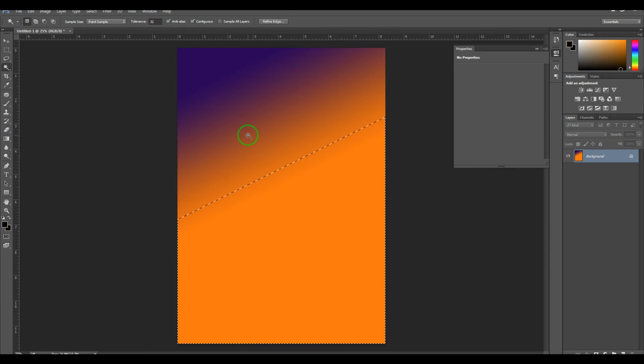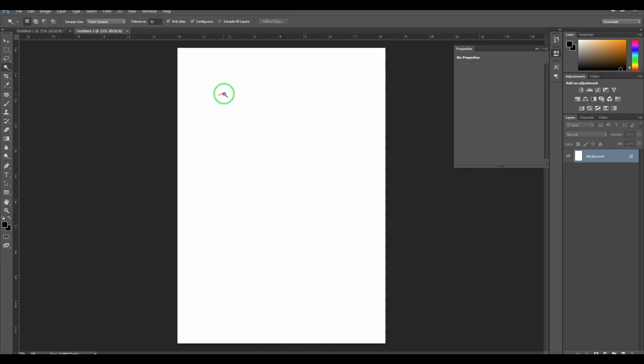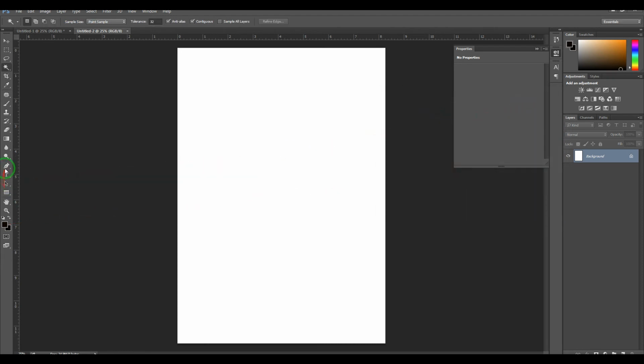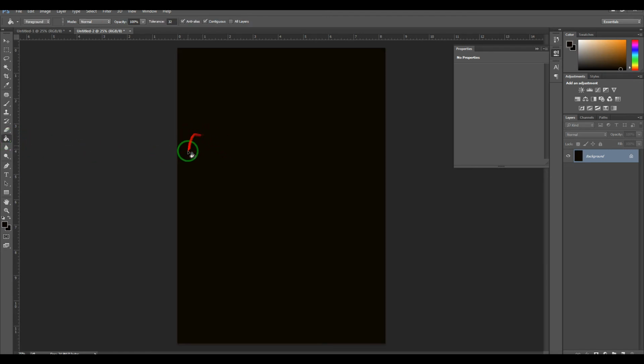For example, I am going to open another image, and using the color picker tool I am just giving a color.